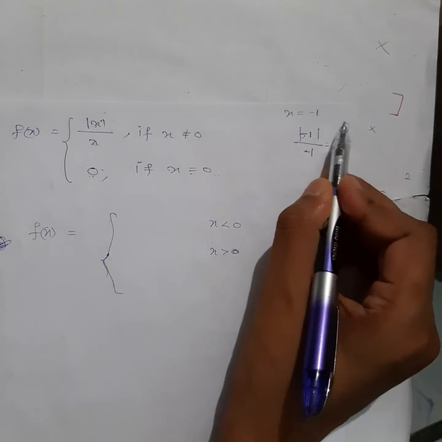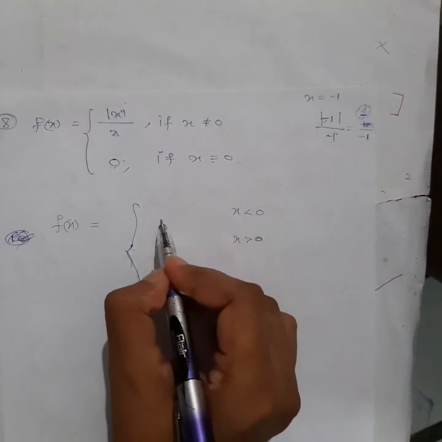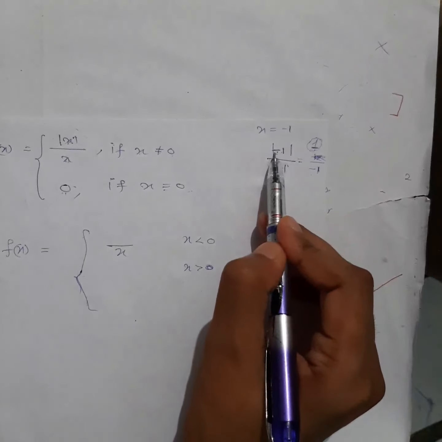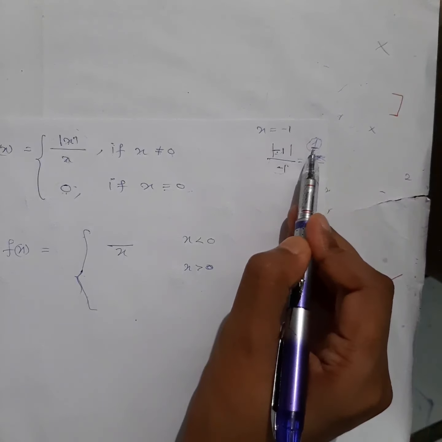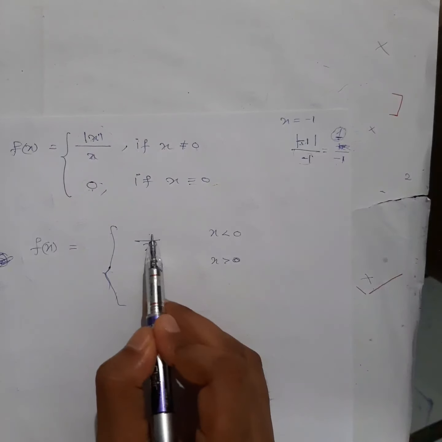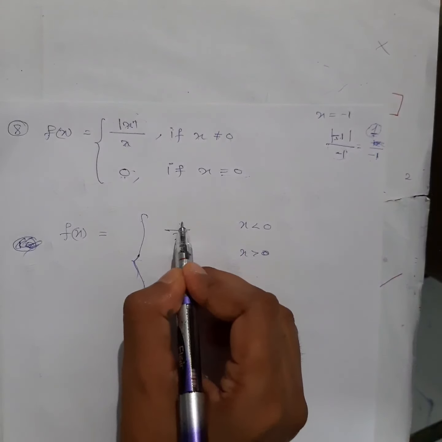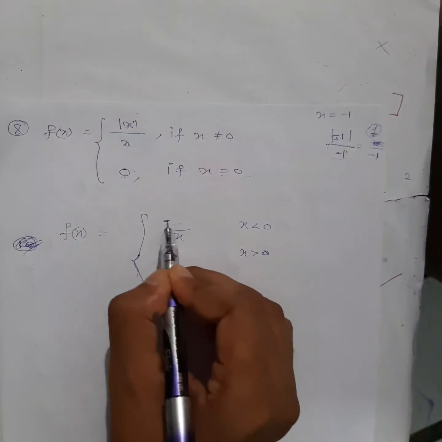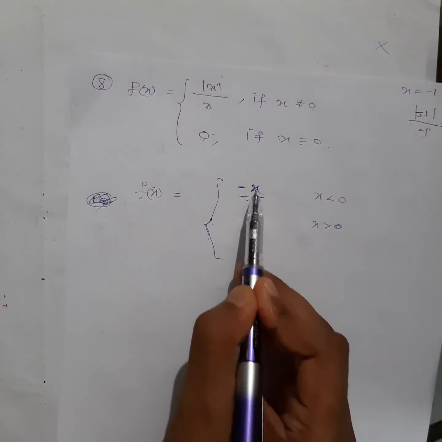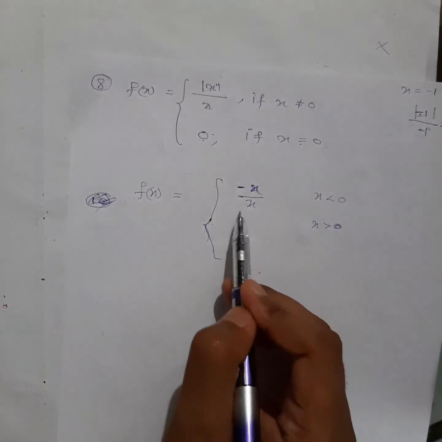From x equal to minus 1, see what it becomes? 1. Means this is not your x exactly, right? But the denominator will remain the same. So how will I write? The denominator will remain the same, means x only. But your numerator, what will it be? x, if you take negative, then it will become positive, right? Means the opposite sign of this one. So x itself is negative, so above it will be the opposite sign, means positive, right? So if x is negative, how will you make it positive? By introducing another minus here, right? Now see, if I take negative x, both, what will happen? The numerator will become positive, the denominator will remain the same, negative only.